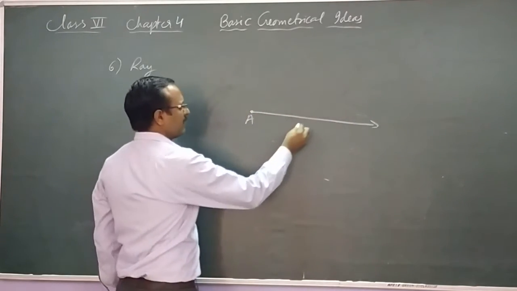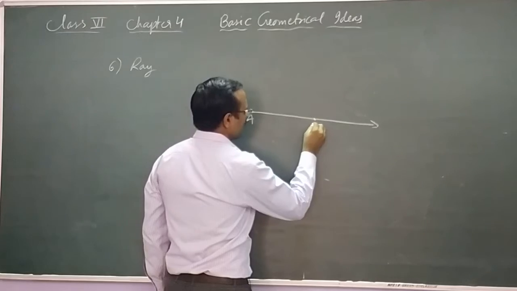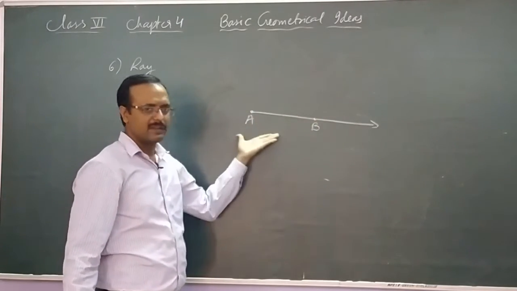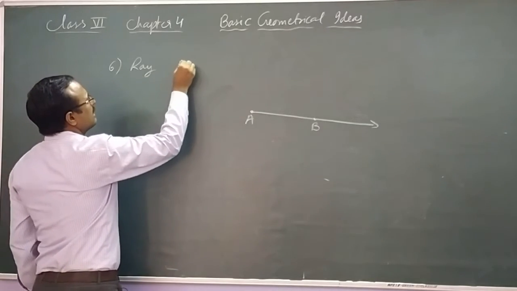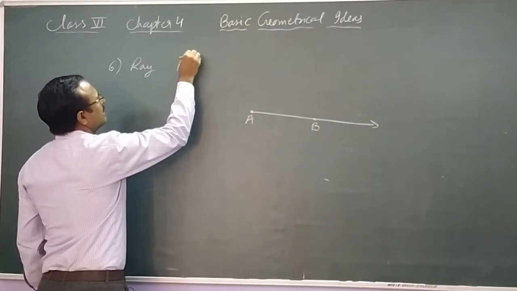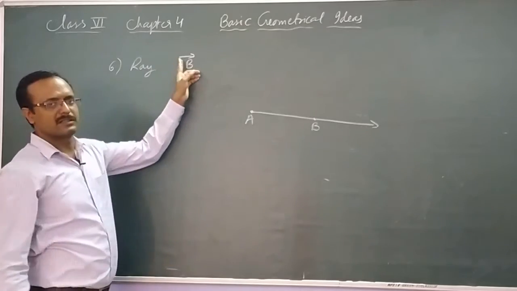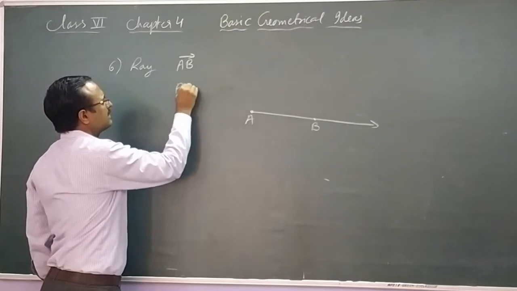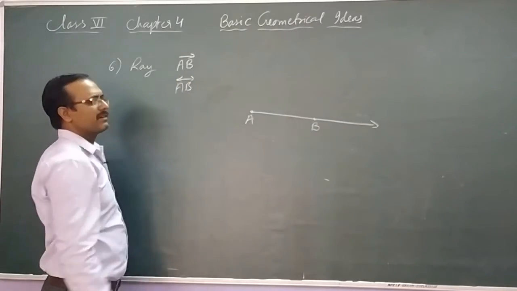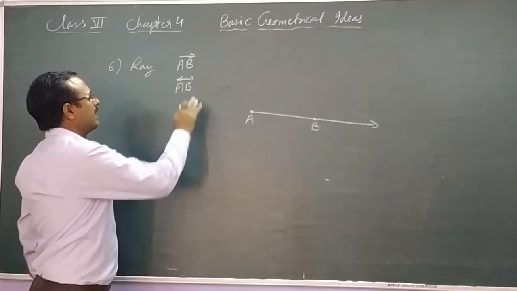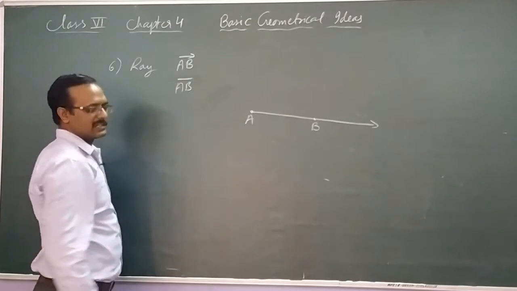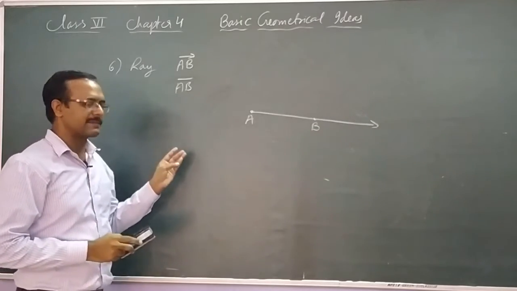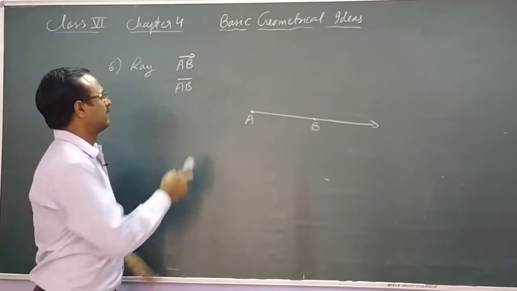Such a type of line is called a ray, and you have to denote one more point to show this ray. So this ray will be denoted as AB, putting a ray symbol like this. You have to put a symbol of a ray like this. In a line you have seen the symbol like this, with arrows on both sides, and in a line segment there was no arrow, just a bar. So these are the different symbols which are used for a line segment, a line and a ray.